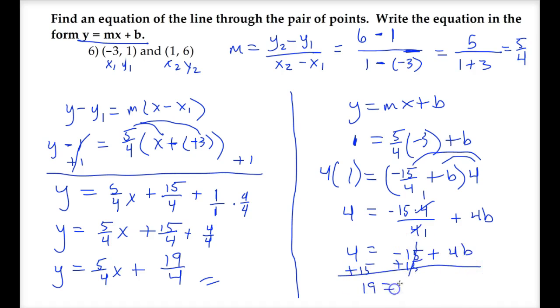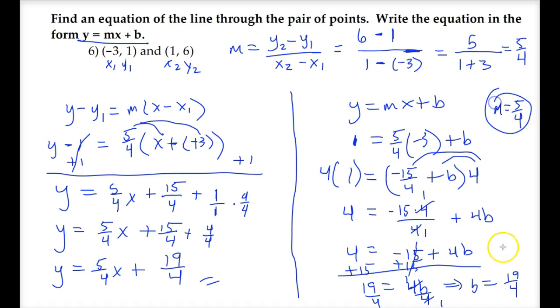And that will give us 19 equals 4b. And of course, we just divide both sides by 4. And we see that that will reduce to 1. And we have b is 19 over 4. So we know that our slope is 5/4. And our y-intercept, or our b here, is